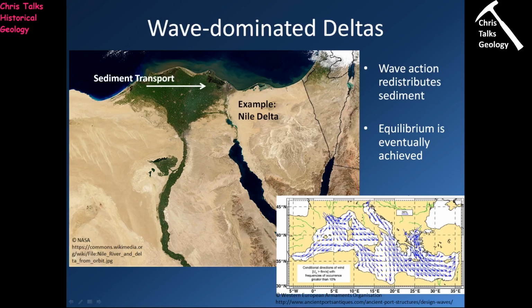So if we just look down here, this map shows you the prevailing wind directions for the Mediterranean Sea. Obviously, the Nile Delta is right down here. And so what we can see is the prevailing wind is coming from the northwest, coming down towards the southeast. It hits the Egyptian coast, and then it turns and comes up past Israel, Lebanon, and up towards Syria and